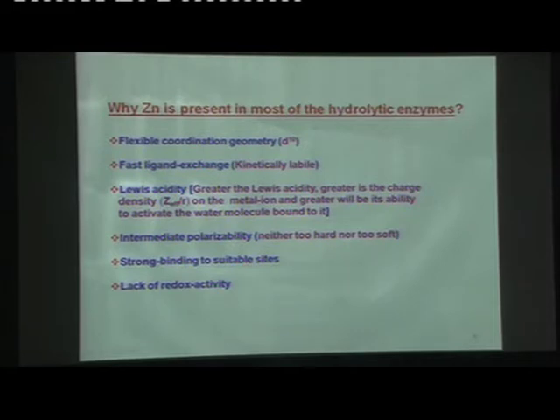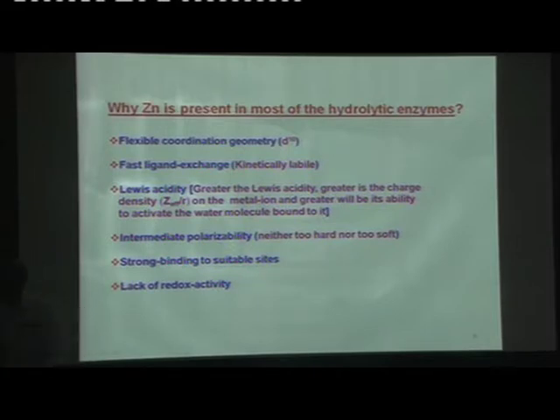And this is our undergraduate experiment, Lewis acidity. Greater the Lewis acidity, greater is the charge density of the metal ion, and greater will be the ability to activate the water molecule in the complex. What is the meaning? You start from scandium, titanium, vanadium, chromium, manganese, iron, cobalt, nickel, copper, zinc: d0 to d10. What happens? The size is becoming smaller and smaller. Take all of them with plus 2 charge, and divide by their size. What will happen? Zinc will have the maximum of this kind of Z effective by R ratio. The maximum value means the best Lewis acid.